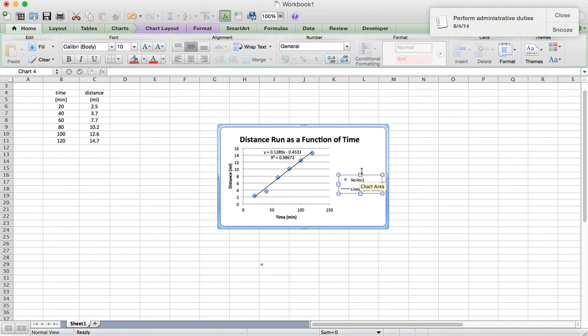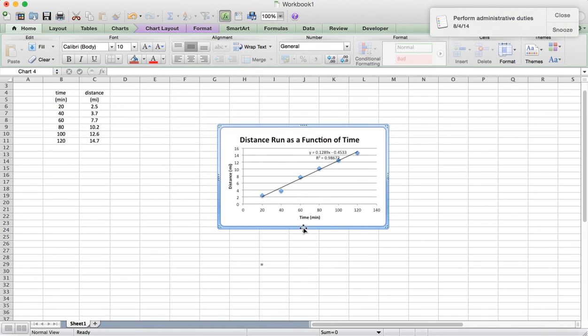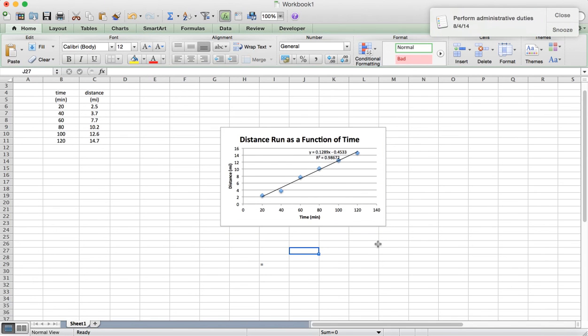I'm going to just quickly delete this legend because it's not helpful to us at all right now. So let's look at that. Let's look at how far our runner ran in 90 minutes. And since I'm on Excel, I'm going to use Excel for my calculations. So I need to use an equal sign, if you remember from the atomic spectroscopy lab, to tell Excel I'm entering a formula. So it equals my slope,